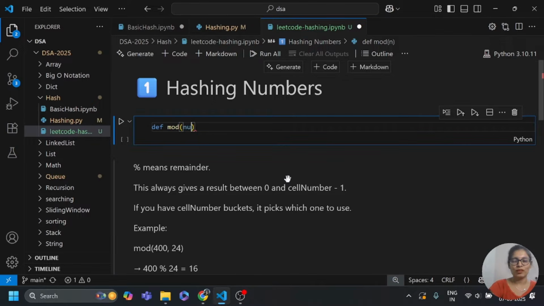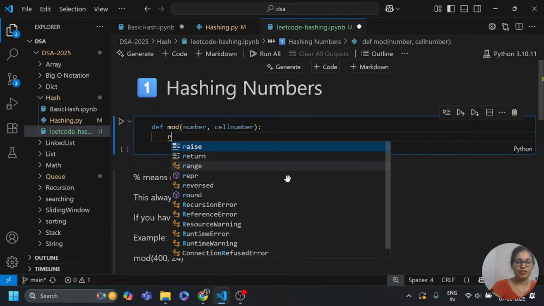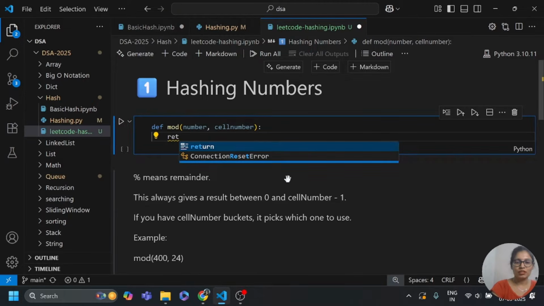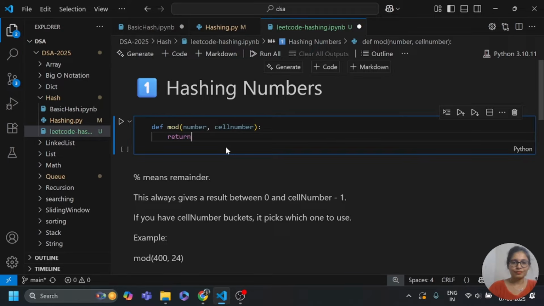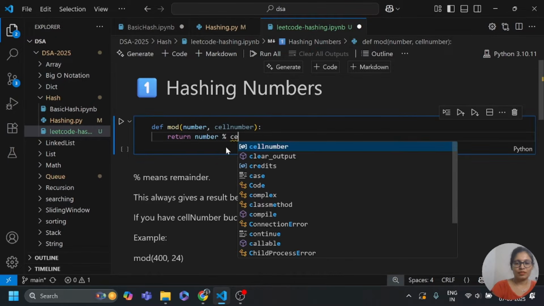Here I am going to pass arguments like number, comma, cell number. Okay, colon. And now I'm going to return number percentage cell number.